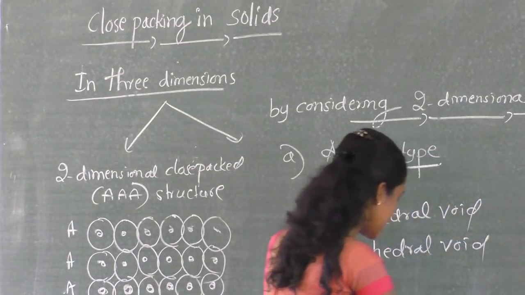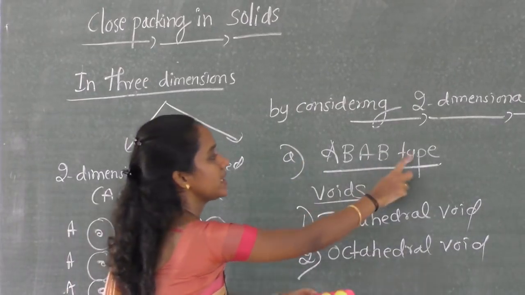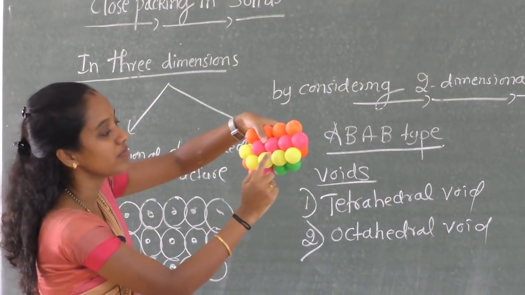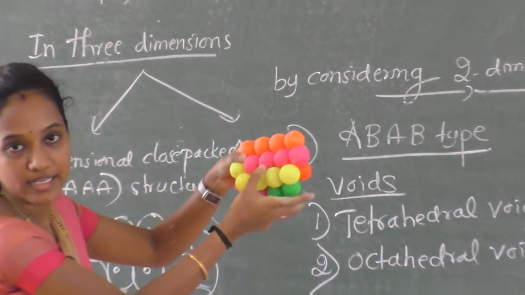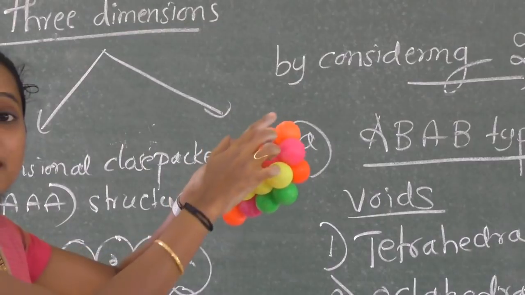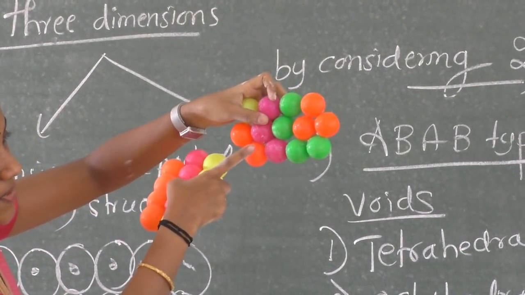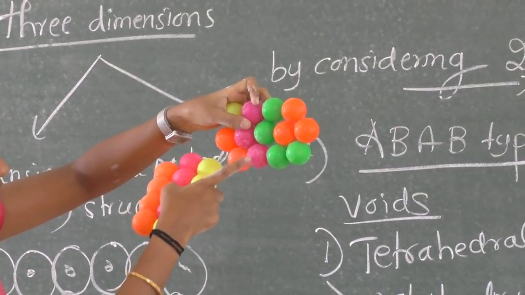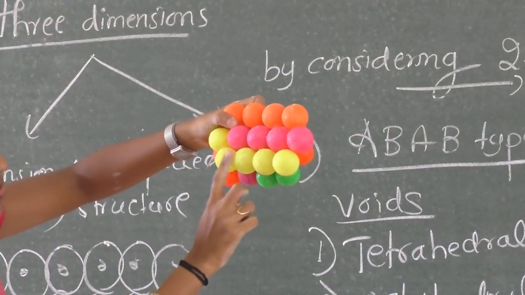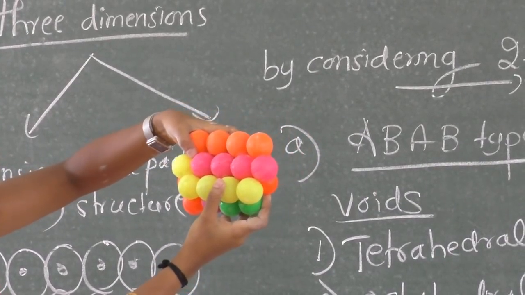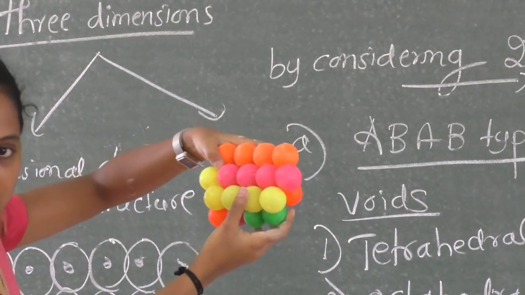So in a three-dimensional structure, in AB type of arrangement, you can have different types, that is, tetrahedral voids inside the spheres. So many tetrahedral voids are there. See, these are three spheres and the space is of triangular shape. If I keep like this, then so many tetrahedral voids are formed. What is a tetrahedral void? The void created between the four spheres.